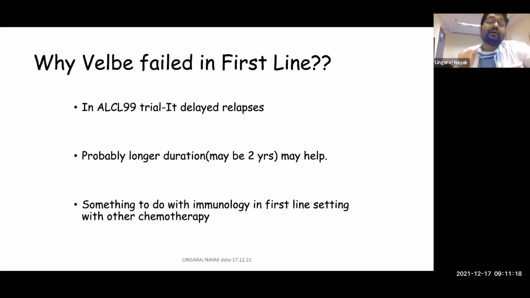Okay. So why then did vinblastine fail in first line? I will show the data of relapsed refractory setting. There are multiple hypotheses. In ALCL 99, it delayed relapses, but it didn't have improvement in overall event-free survival. Probably a longer duration was needed, and something to do with immunology in the first line setting. So interestingly, vinblastine efficacy in ALCL is mostly related to its immune modulatory function